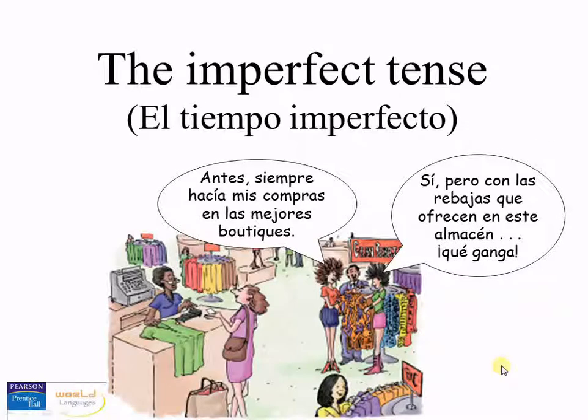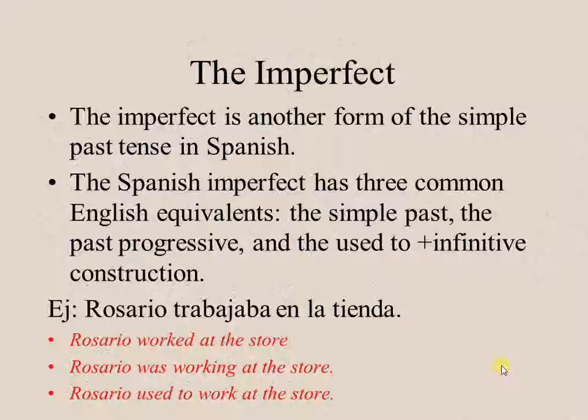Hola! Today our class is about the imperfect tense, el tiempo imperfecto. The imperfect is another form of the simple past tense in Spanish. The Spanish imperfect has three common English equivalents: the simple past, the past progressive, and the used to plus infinitive